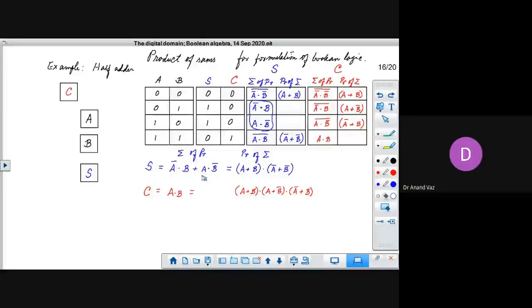And so the method of product of sums is more useful for us if we have less number of zeros and more number of ones. The sum of products method is more useful for us if we have less number of ones and more number of zeros in the output.